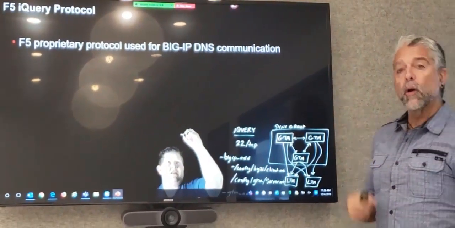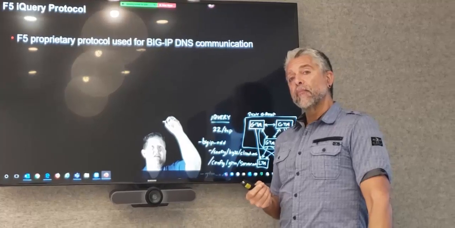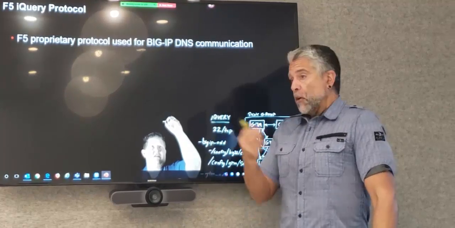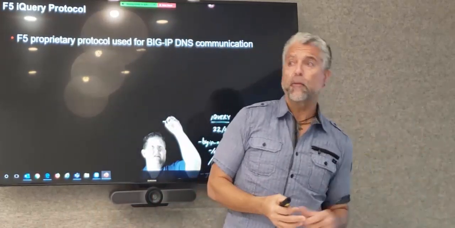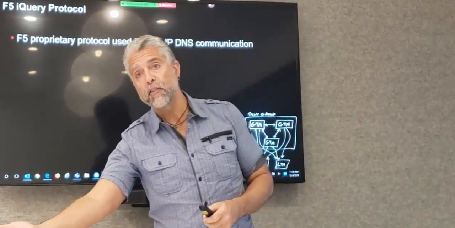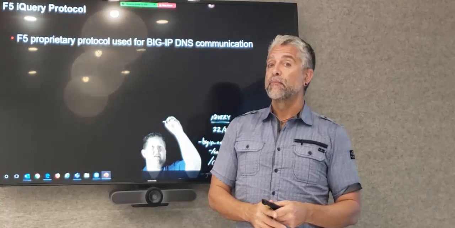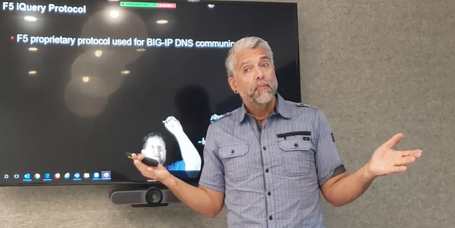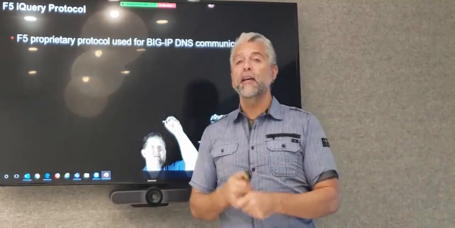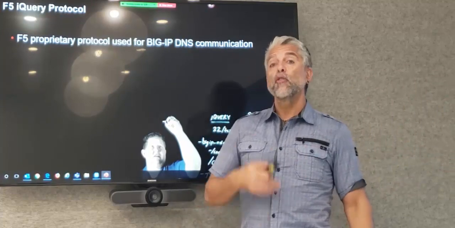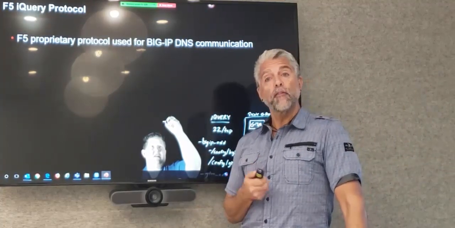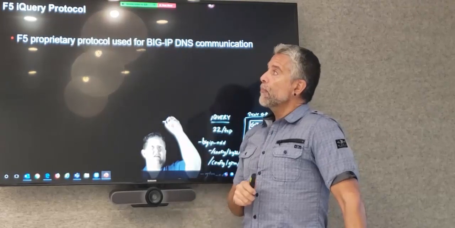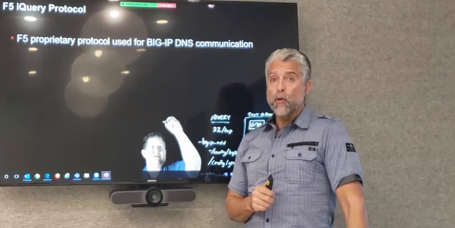Now, we're about to start adding some servers. Some of those servers might be a Unix server, some might be an IIS server, some might be another load balancer. Some of those servers might be a BigIP. We might be adding a BigIP LTM or a BigIP DNS. So when we're going to be adding other BigIP objects as server objects, we're going to be using the iQuery